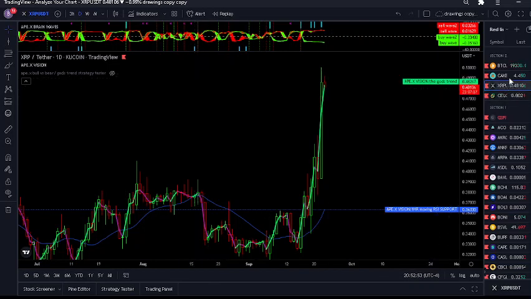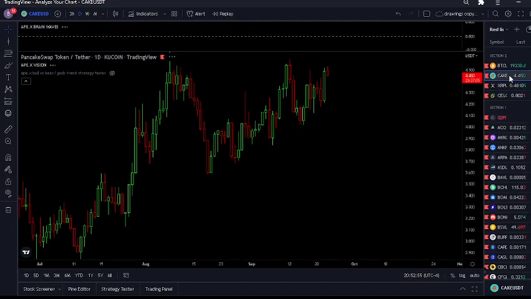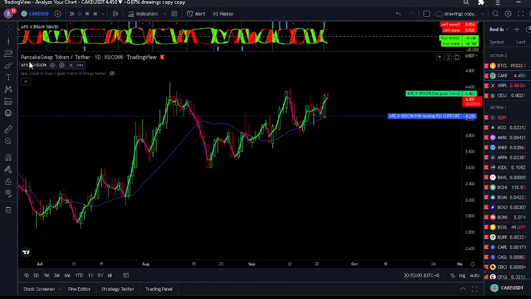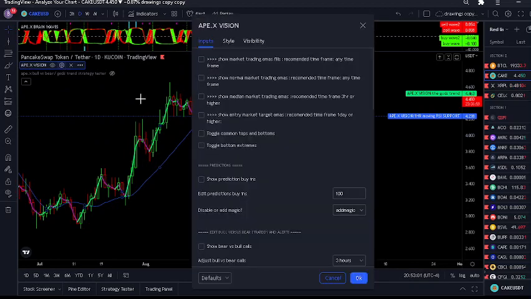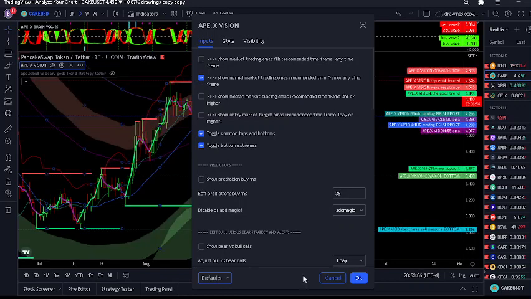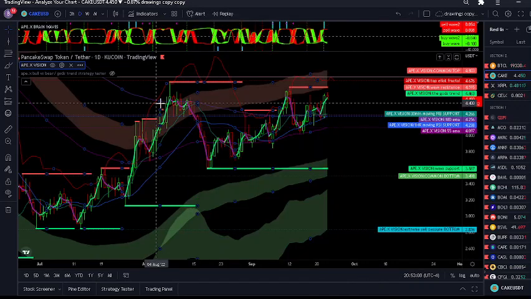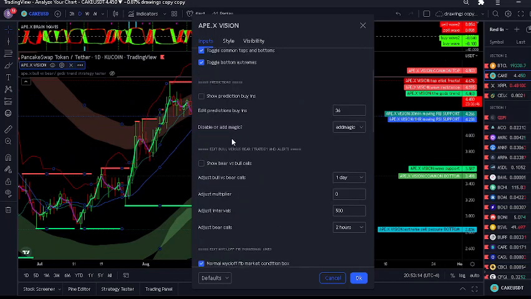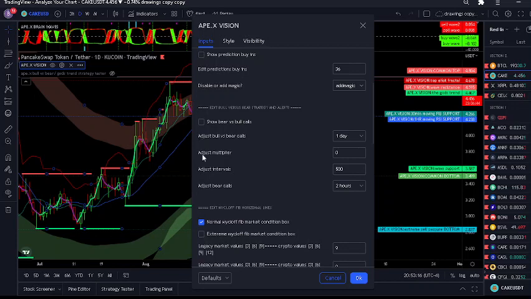Now moving on to Cake, so we can get into the predictions. I'm going to go ahead and turn on a few different things. I'm just going to reset settings. Okay. And I don't want the normal EMAs on. I want the